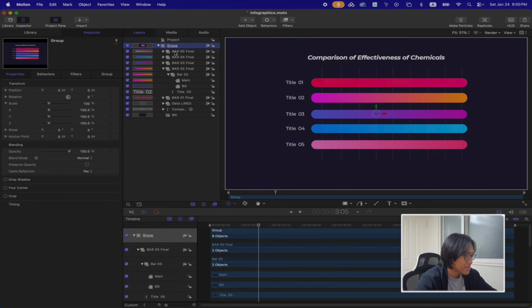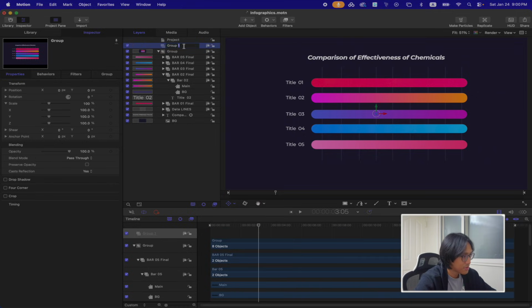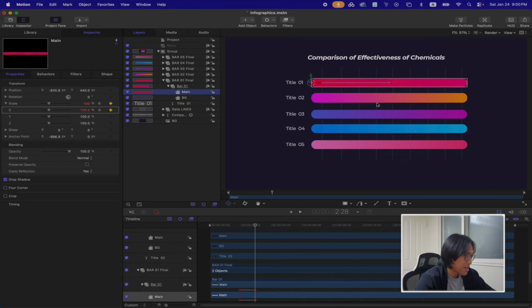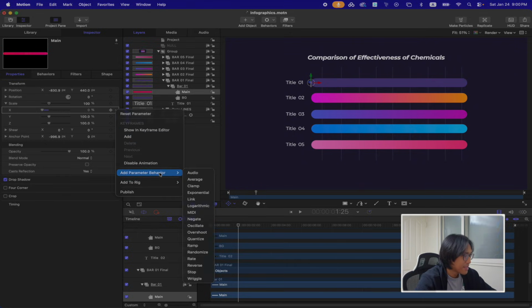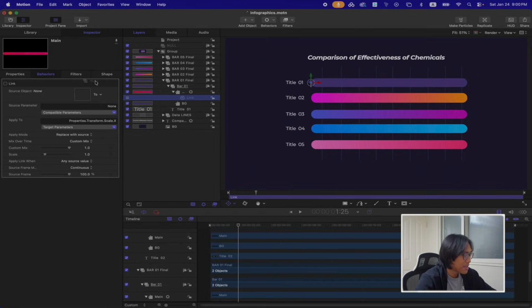So what we need to do is make some linking. I want you to check Simon's video about linking. It will explain a lot. So I'm gonna make a simple null group or null layer, and then I will reset my main bar. So the top one with gradient, let's reset that one. Then around 125, I'm gonna set this to 0 first, and then link